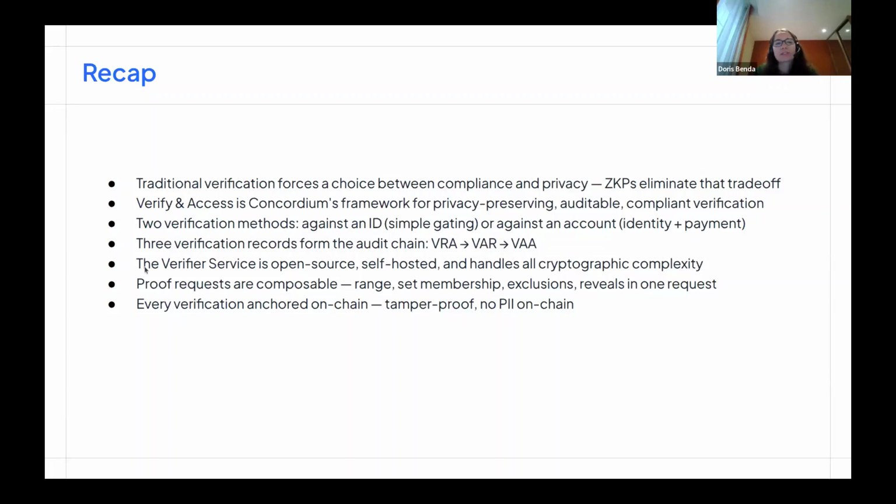Our services and components are all open source. They're self-hosted, so you can easily play around with them and adapt them to your needs. The proof request can be quite easily extendable. We have four different types of proofs: range proofs, set membership, non-membership proofs, and reveal attribute statements. You can plug them in and combine them in a way that makes sense for